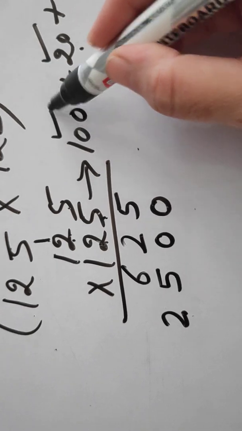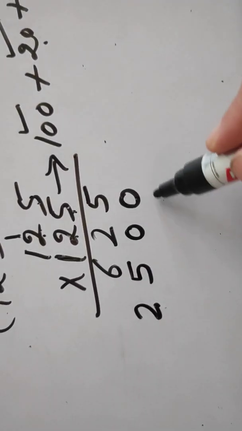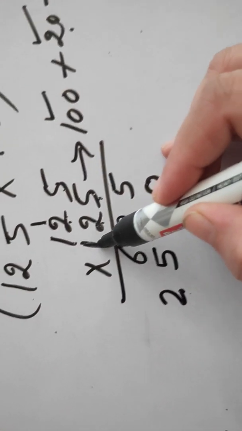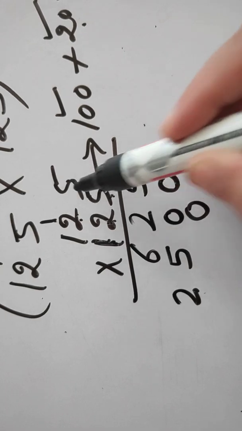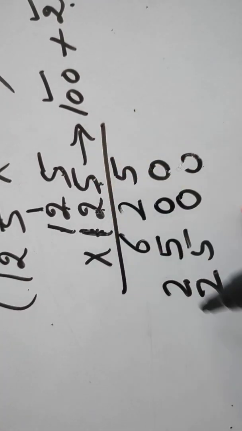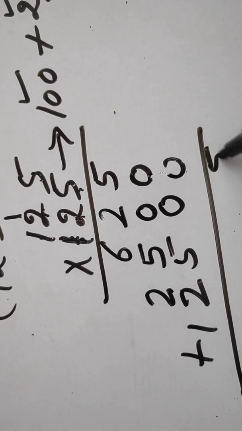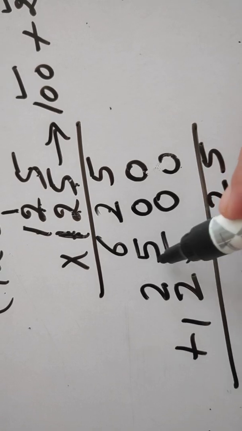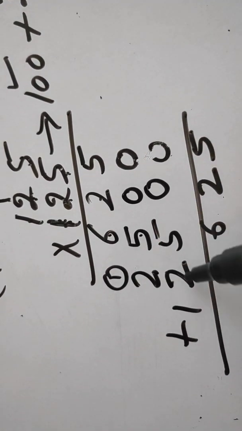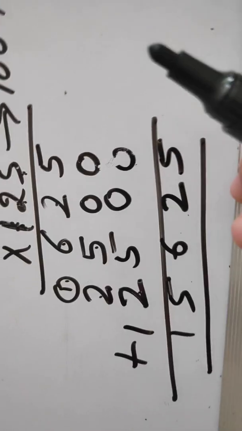Now we will multiply by 100. For multiplying by this 100, at ones place we will put 0, tens place also we will put 0, and we will start multiplication by 100. 1 5 is 5, 1 2 is 2, 1 1 is 1, and now we will add it. 5 plus 0 is 5, 2 plus 0 is 2, 5 plus 5 is 10 plus 6 is 16, 1 goes as a carry, 2 2s are 4 and 1 is 5, 1 as it is. So it becomes